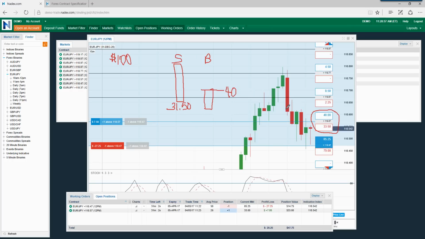Now, here is the difference, and this is something that you really need to review and understand. When you buy a binary option, what are you really saying? You are saying that you expect price to go up, okay? So when you are buying a binary option, you expect the value to go up to $100. Does everybody understand that? And this is critical for any binary option trader to understand.